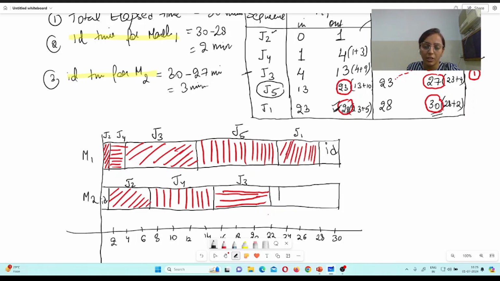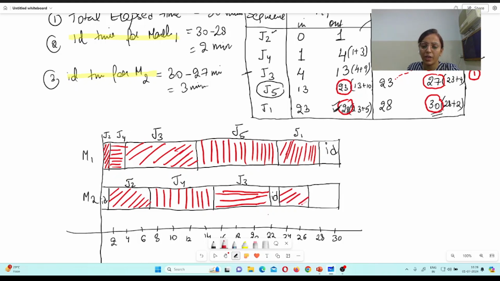22 to 23. So just block it over here, write it as an idle time or waiting time, because at 22 they have completed, but still work is going on. So you have to wait as you did earlier. So we will wait for that. You have to set it and then we will start up with the next work, that is J5, and that is started from 23 till 27. So this is 27 and we will do the work of